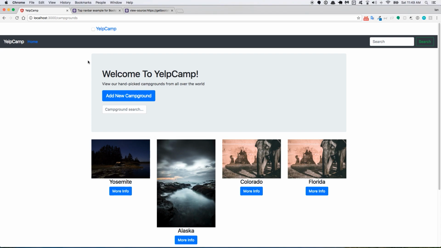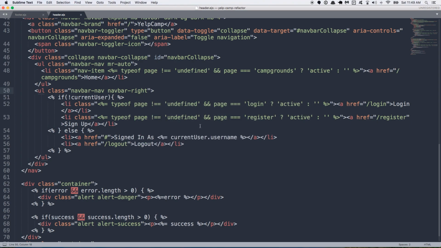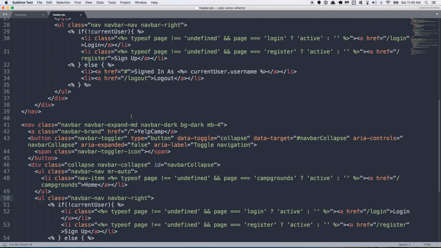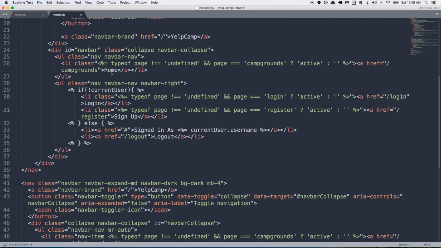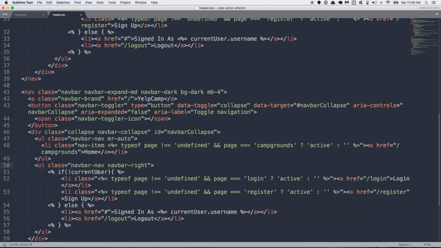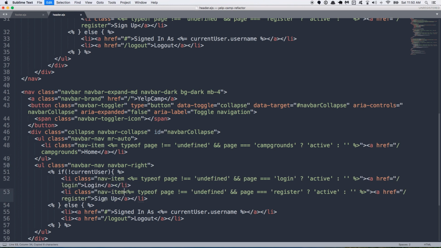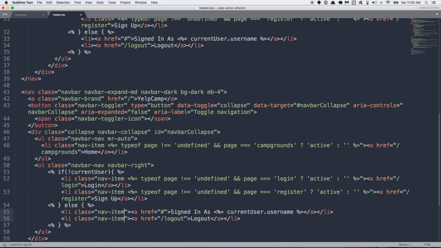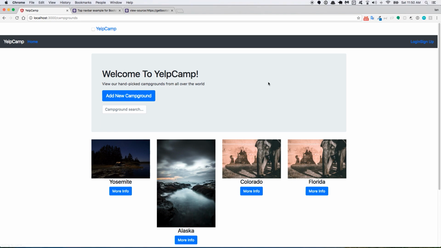So I'll save it and I'll refresh. And all these links are over here to the right, but they aren't lined up correctly. So if we go back, what's missing? Well, if you remember, the list items in the new one have that class we just added, nav-item. So we have a list item here that needs it, a list item here, nav-item, and then our list item here that doesn't even have a class, and the one below it doesn't have a class. So class equals nav-item. We'll save those. And now if we go back and we refresh,